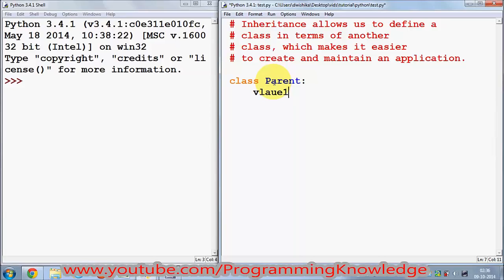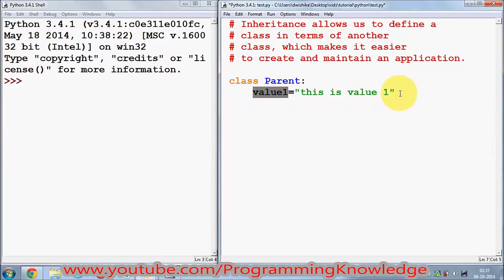Value 1 is equal to, let's say it's a string, so I say this is value 1, and in the same way I will define value 2. This should be value, right? So I will define the value 2 variable, which is the second member variable of this class, and this is value 2. Okay, now